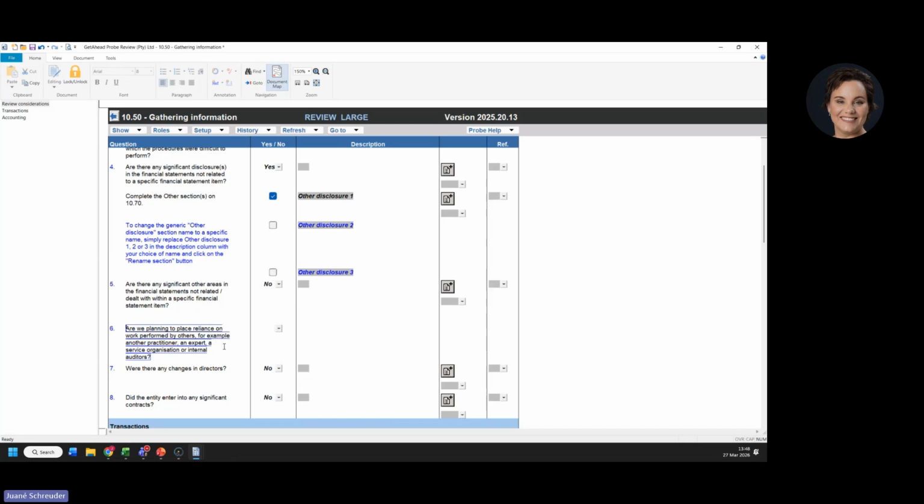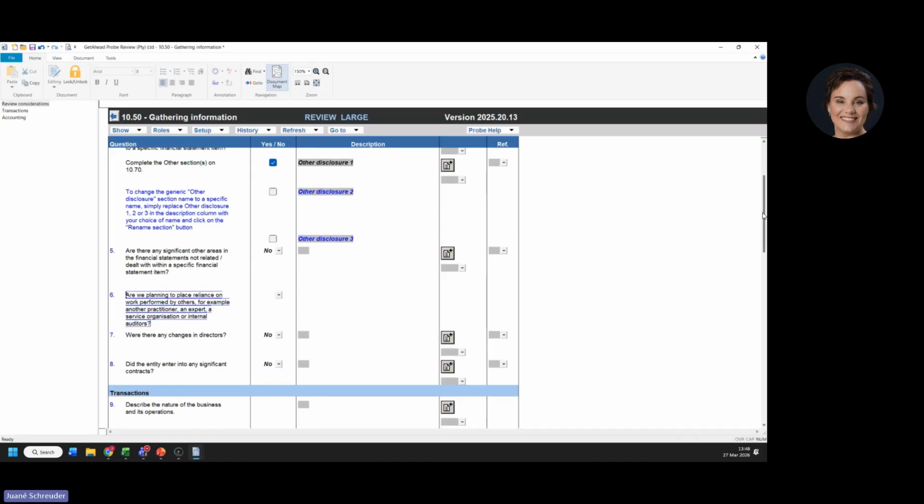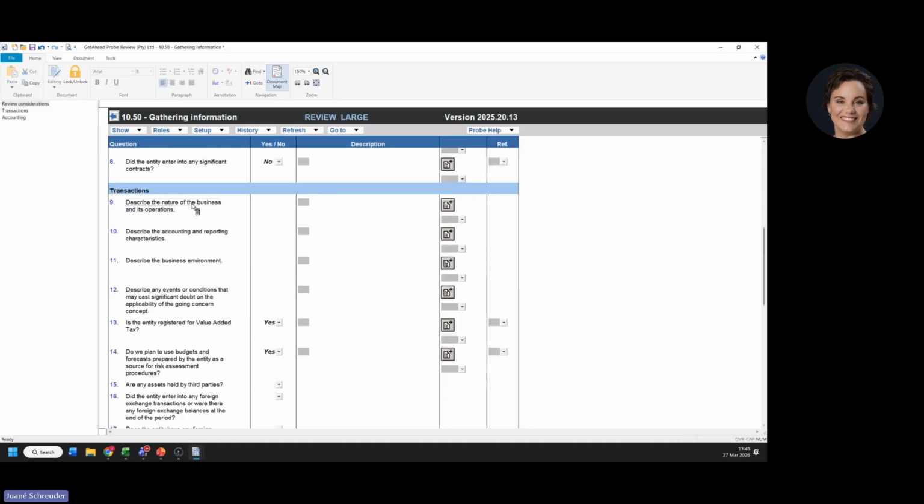And here they just almost like group together the other practitioners, experts, service organizations, internal auditors, etc. And then we'll take it from there. Okay. Considerations about the entity, transactions here, for example, this almost makes me think of the inherent understanding of the